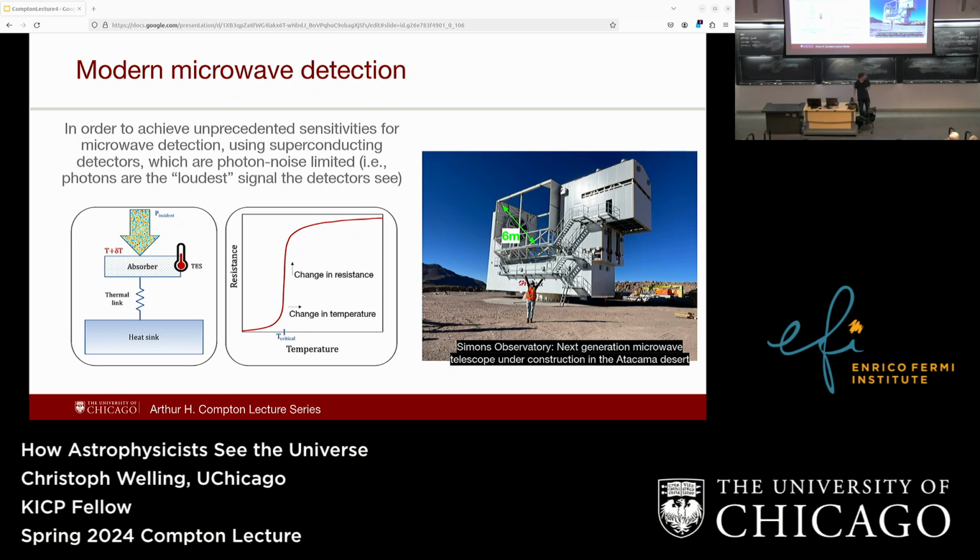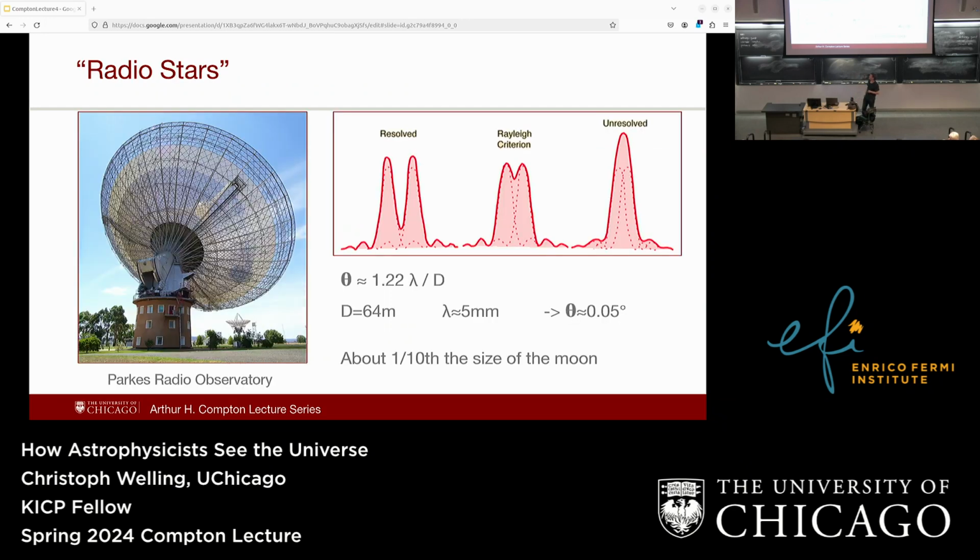Now I want to spend the last half of this lecture to talk about the other big thing you do with radio waves. And this also started in the 60s when people started pointing radio dishes at the sky, and they found these things they called radio stars, which is just something in the sky that emits radio signals. But the problem, as Aaron mentioned, is if you want to figure out what exactly these are, with radio waves you have a lot worse resolving power than with an optical telescope.